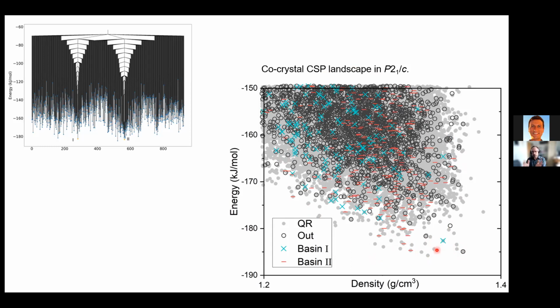But all of the predicted crystal structures sit in a big blob in energy density space. And if you plot the structures which sit in funnels 2 and 1, here as green crosses and red bars, then you can see that they just sit in the same region of energy density space. So they overlap each other in this projection of the energy landscape. And that's how people have been looking at crystal structure prediction results for decades now. Okay, we're losing a lot of information: the fact that these groups of structures sit in different funnels on the energy landscape,